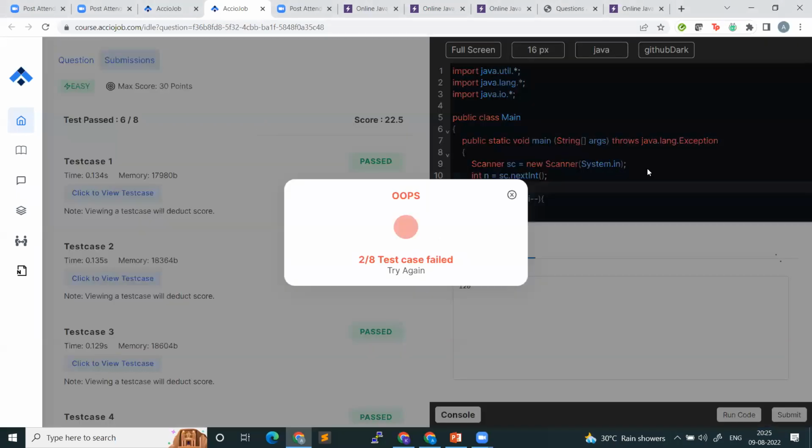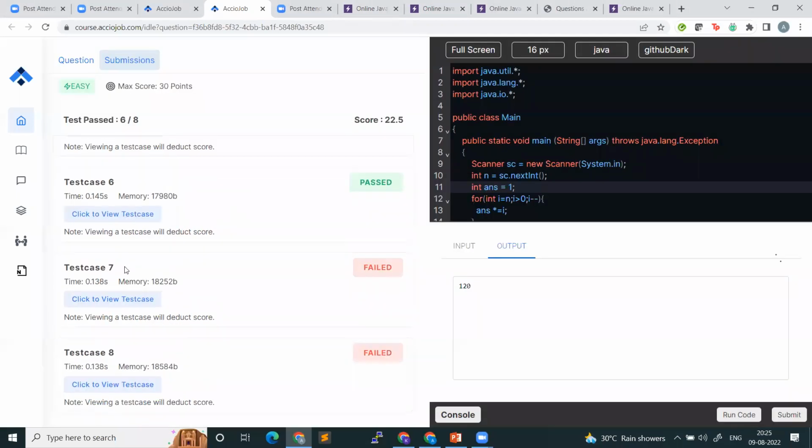Now what happens? See, 2 out of 8 test cases, the last 2 test cases have failed. Actually, what has happened in these 2 test cases is the value of n is very large. So when my value of n is very large, do you agree n factorial will be very, very large? So n factorial is unable to fit inside an integer variable. It needs more than 4 bytes. That is why when I initialize my answer variable as long, even when the value of n is very big, n factorial will fit inside the long answer variable and I will get my answer properly. So if you now submit it,